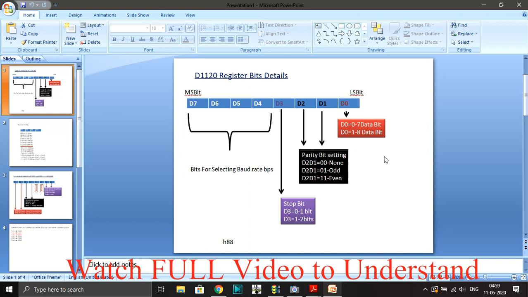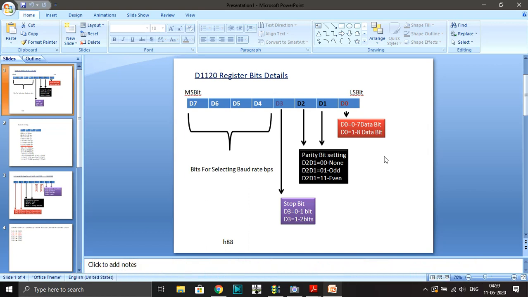As I told earlier, there is 7-bit and 8-bit data. So here in D0 we will tell whether we are going to use 8-bit or 7-bit data, 0 and 1. Bits D2 and D1 combined will tell which type of parity we are going to use: even parity, odd parity, or no parity.